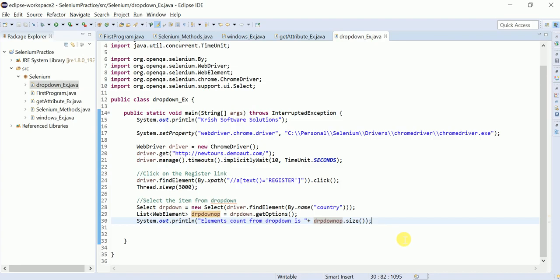Before that I want to select some options from there. How can you select the options? Select the items using the below methods. Different options are there to select them. How can we do that?